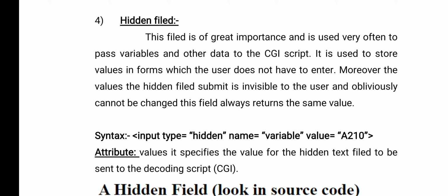When you enter a hall ticket number, according to your series, by default that branch is added. So we are not entering the branch, we are just entering the hall ticket number. When you enter the hall ticket number, by default the remaining information is also displayed. Whatever fields you are getting that way are nothing but hidden fields. In a hidden field, the user need not enter the complete information. The required fields the user will enter, and whatever default values are there are supplied to the server. Those are hidden fields.